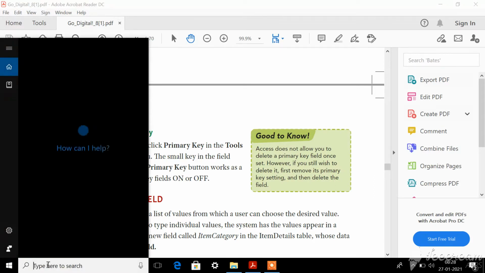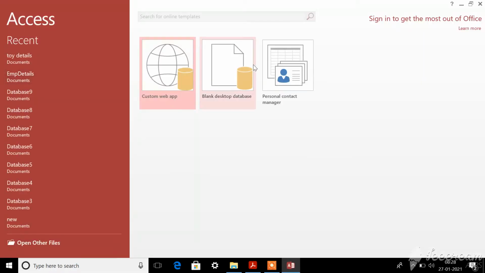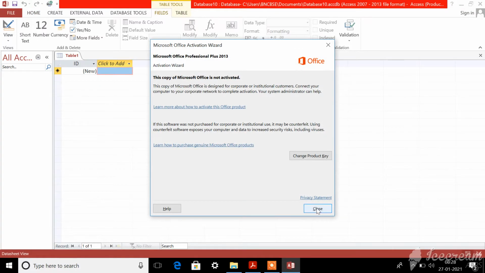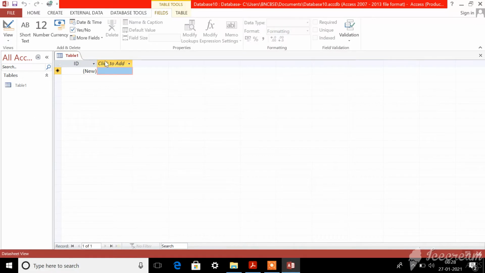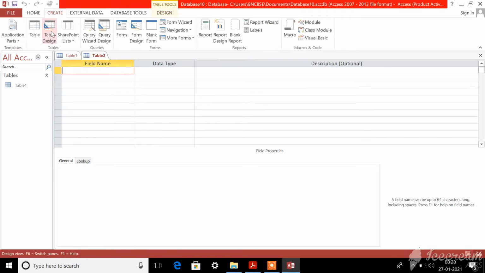First of all, you should open your Access 2013. I am going to open a blank desktop database, then open it in table design view. This is your design view. I have told you how to create it. Look here, dear children, there is a part called Create, and in Create there is an option called Table Design, under the Tables group. When you click on that, your data table will be viewed in the design view.